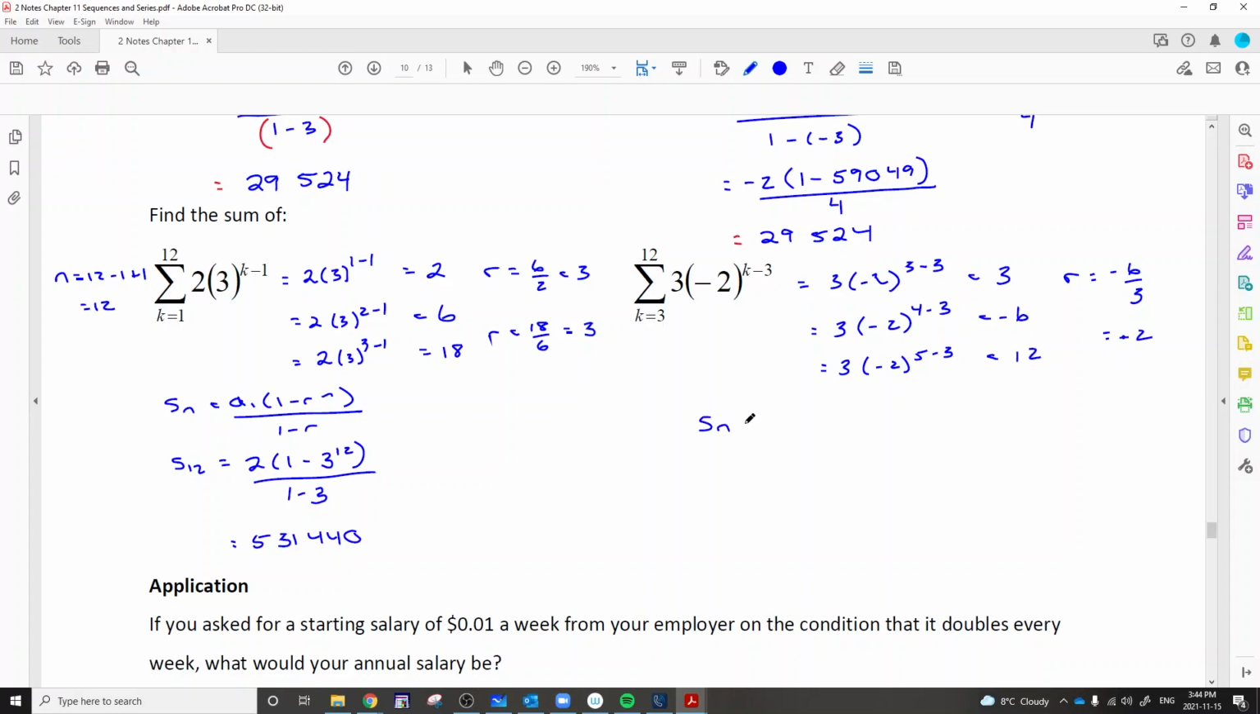So let's find the sum. Again, write out that literal formula. All right, we're finding the sum of how many terms? Well, 12 minus 3 plus 1 means I'm finding the sum of 10 terms. So the sum of 10. First term is 3. Common ratio is -2. The number of terms is 10 divided by 1 minus -2. And again, this is just a matter of, can you plug things correctly into your calculator? If so, you get